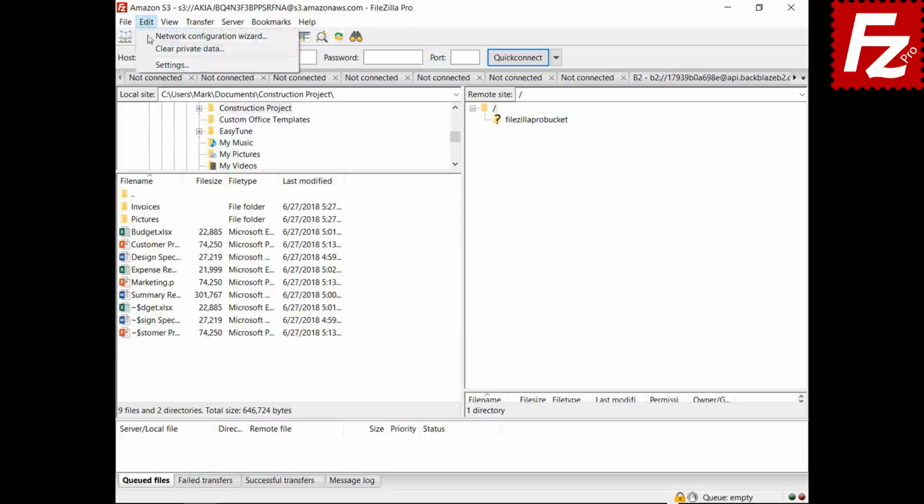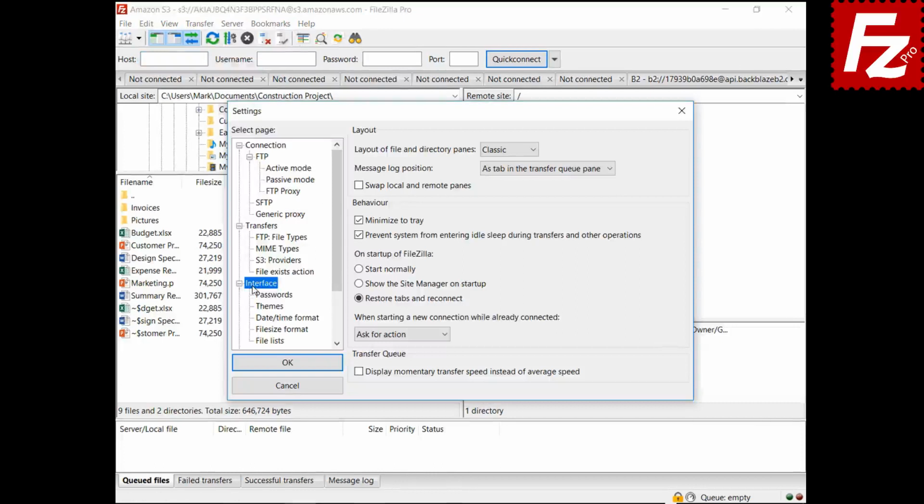Use the Startup configuration to define how FileZilla starts, either normally, or showing the Site Manager, or restoring the tabs and reconnecting. The next option defines what happens when starting a connection while already connected to that site. With the default option, Ask for Action, FileZilla asks if the new connection has to be opened in a new tab